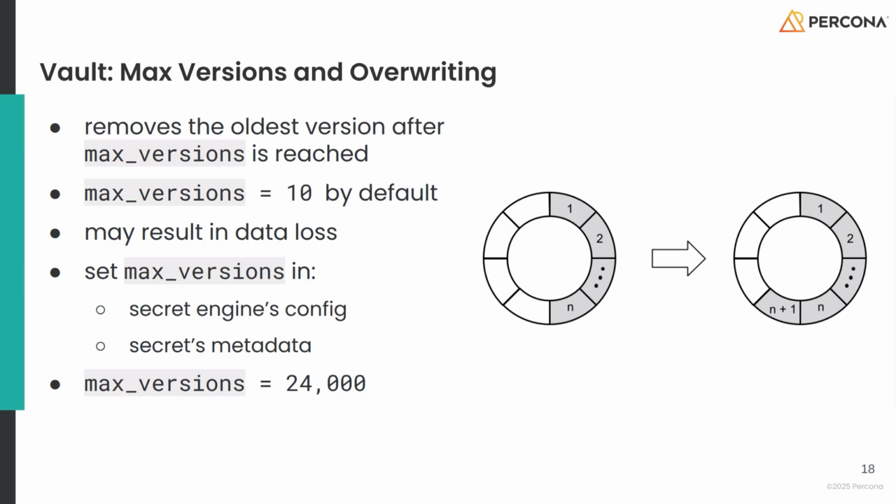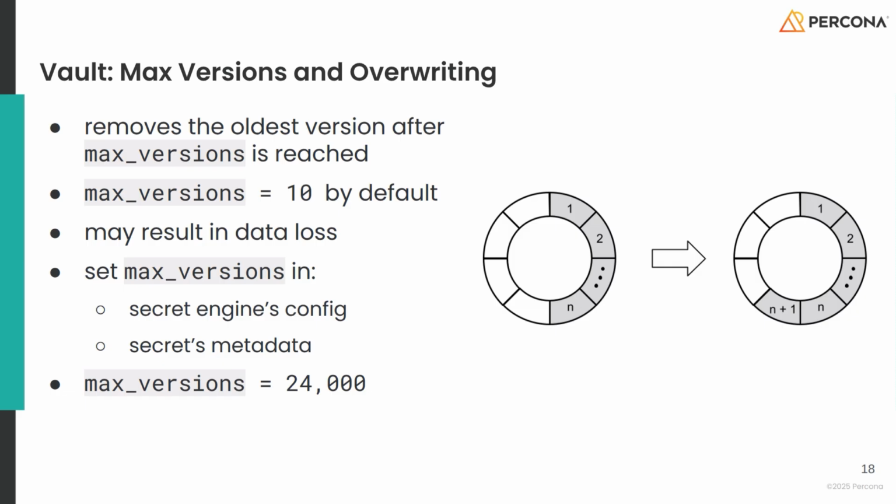Vault, however, limits the number of versions it keeps for a secret. And when the limit is reached, each new version silently and irrevocably overwrites the oldest version we have for that secret. We can model that process as adding an element to a circular buffer of predefined size. The buffer size and maximum number of versions are governed by the max versions parameter,